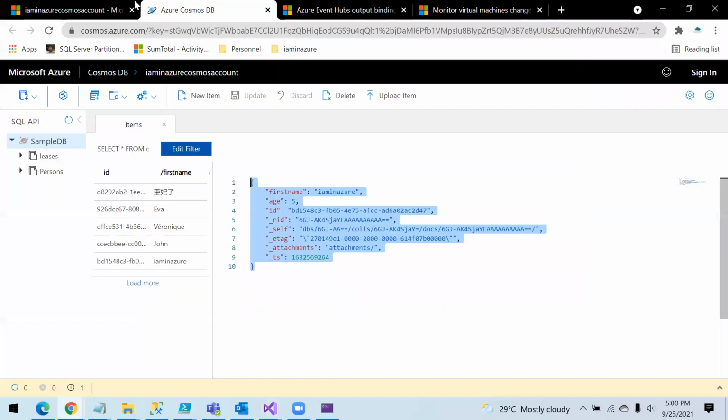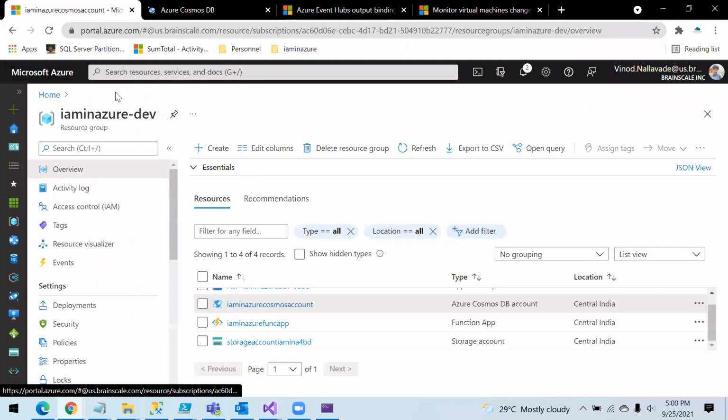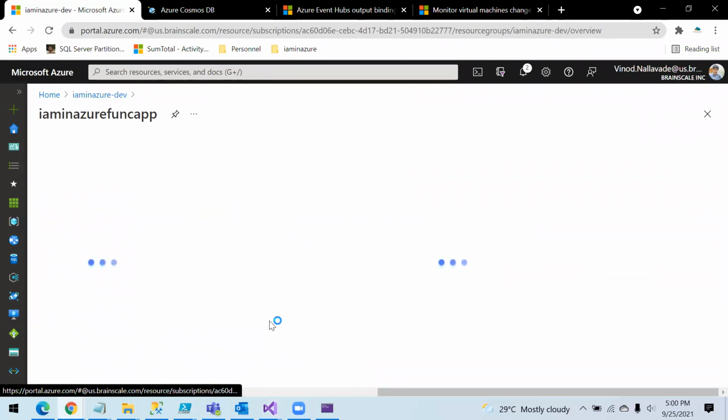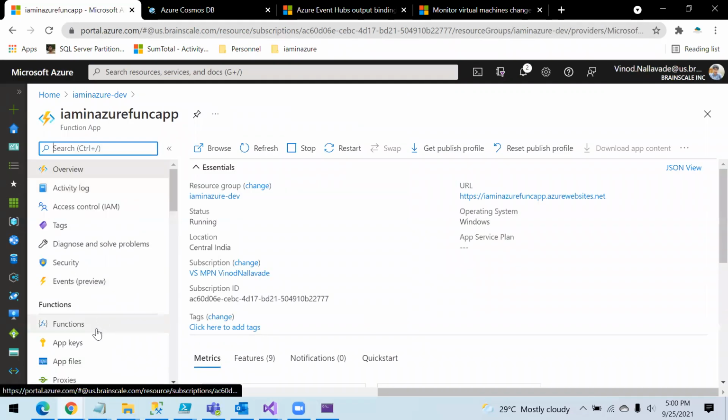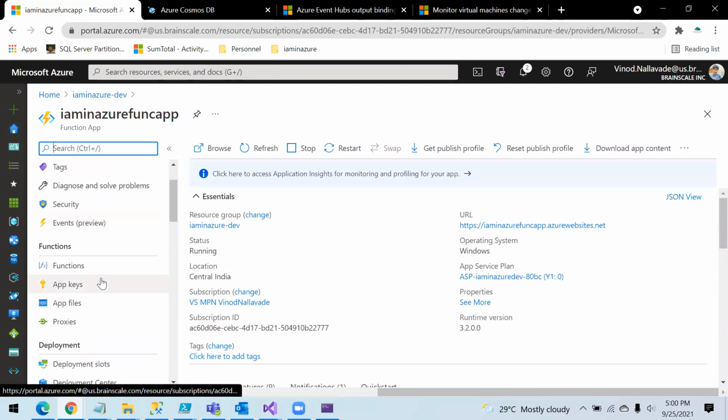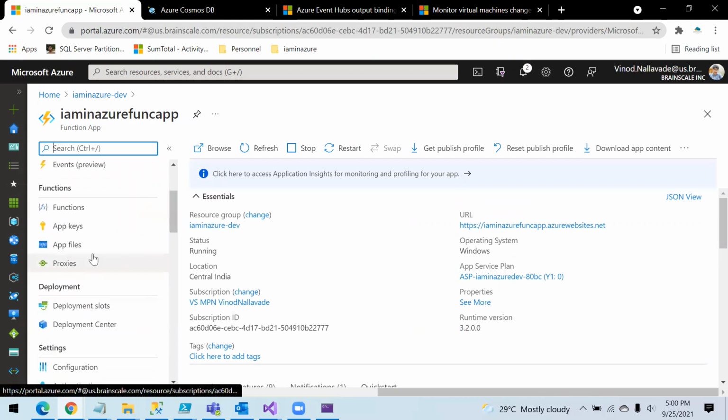So in the function app, let's go to the function app first. What we need inside the function app is to add the configuration for the Cosmos DB connection string, Cosmos DB connection string, sorry.